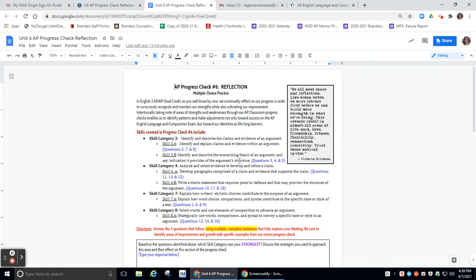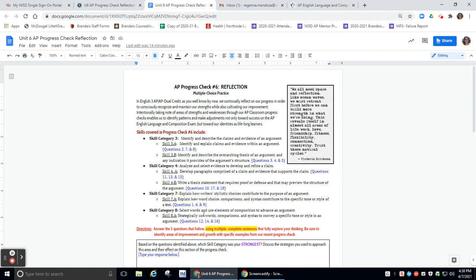This one specifically for 3, 4, and 5 are asking about structure. So those are going to be a little bit more difficult. I would, if I were you, have a sheet of paper and actually figure out how they've organized the writing. Skill 4 is about analyzing and selecting specific evidence to refine a claim. Those will clearly be in the think like a writer passages, so you need to think about peer editing, if you will, or revising for those things, for developing certain paragraphs with evidence that support a claim. And then here, writing a thesis statement that requires defense. Okay, so remember what I've talked to you about what makes a thesis defensible.